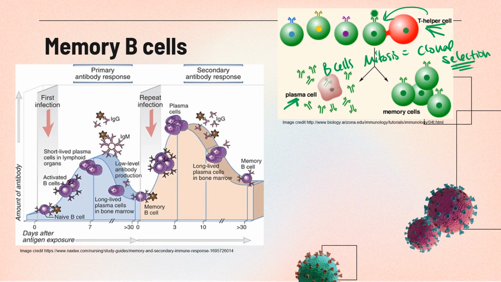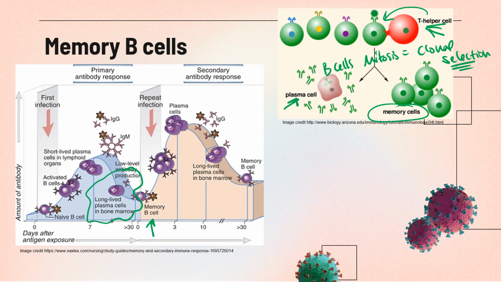Through lots of mitosis, lots of plasma cells, we're also going to produce some memory cells. These memory cells are longer lived than those plasma cells. They hang out in our bloodstream or in the bone marrow for a really, really long time. But the delightful thing about these memory cells is if I am infected by that same pathogen, that same antigen